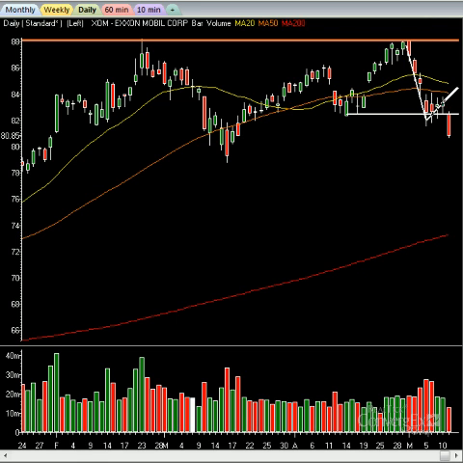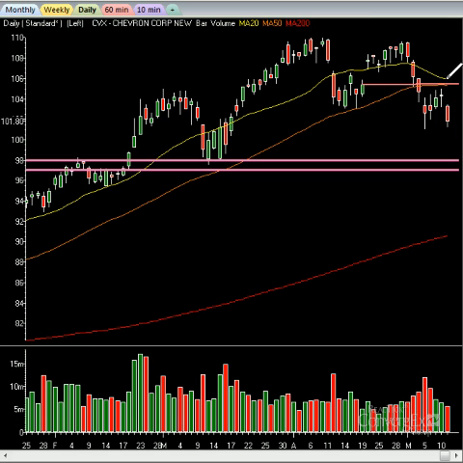You have the down move and then the up move, sideways move. That's a beautiful flag consolidation pattern going on. This is going to drop. I said, you know what? Let's wait to see if it hits the 50 or the 20 right in here, and then let's short this thing. And the same thing I said for Chevron. Let's go back to my real tick chart on Chevron. Same thing. It gets right up in this range between these two moving averages. I said short these things because they're going to go down.